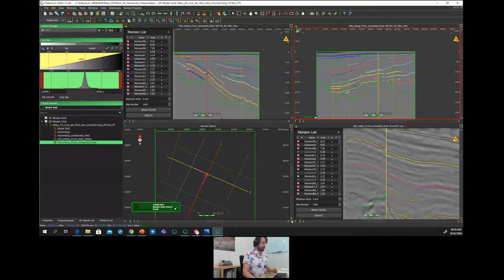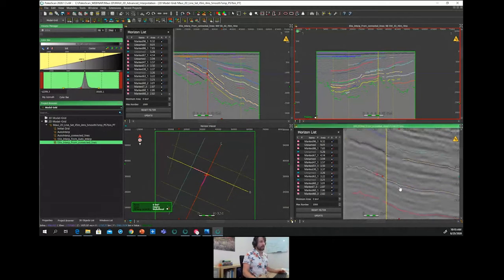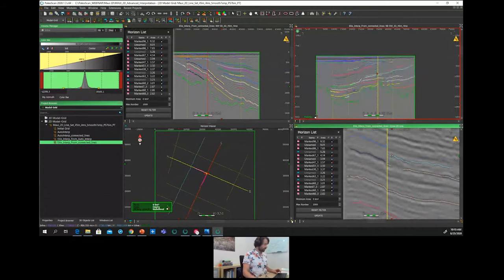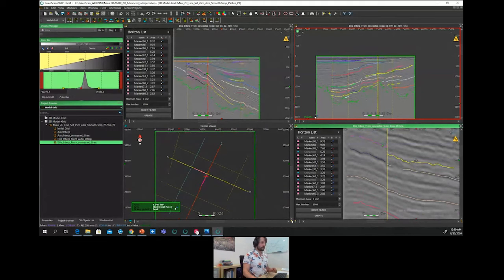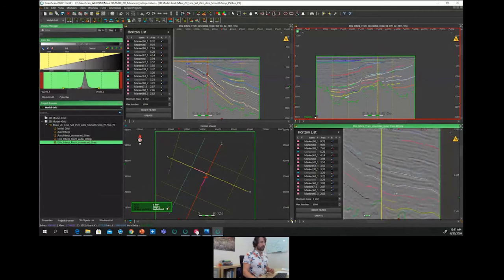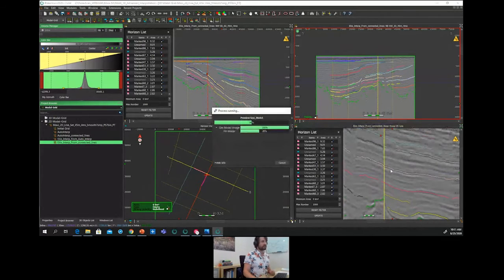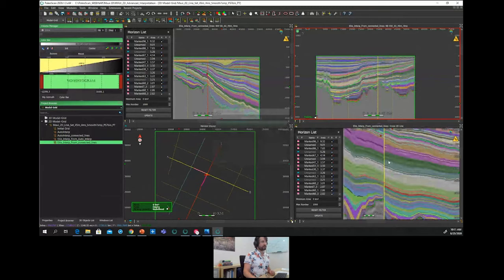I just have to refresh the model grid. I can do the same, for instance, with those horizons. And once this is done, when I generate my GeoTIME model, the preview will be more consistent within this area.